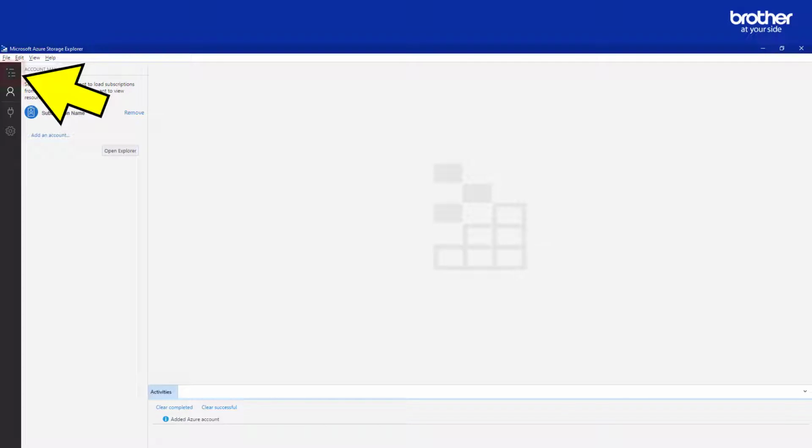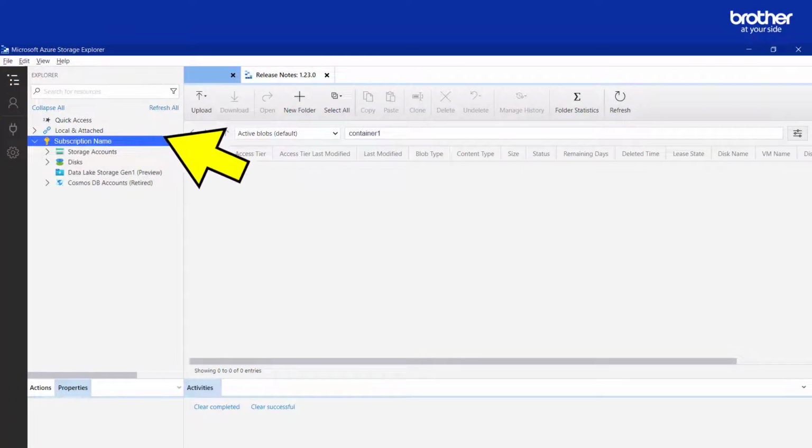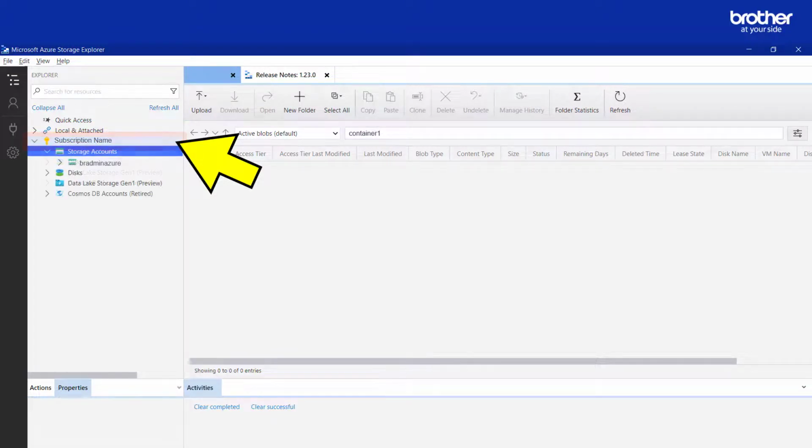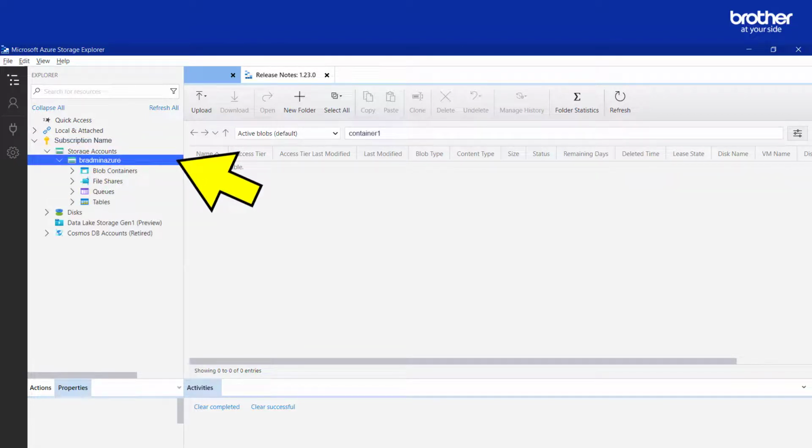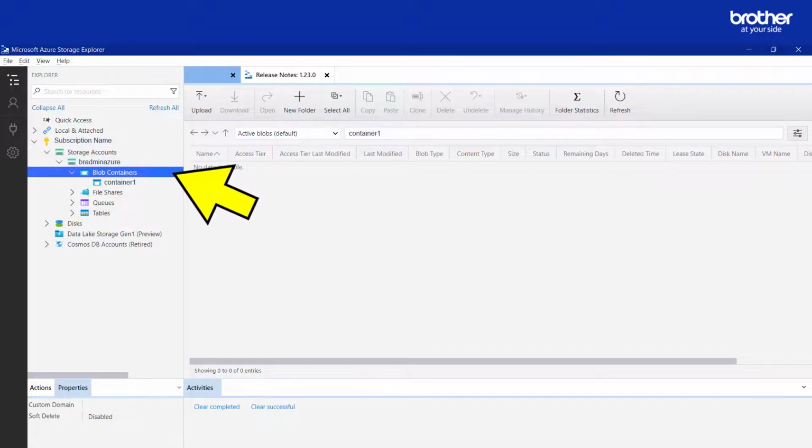To get started generating the BRAdmin SAS keys, click the Explorer icon. Then, from this drop-down list held under your Azure subscription, further expand the Storage Accounts drop-down. Find and expand the storage account you recently created. Then expand the Blob Containers drop-down.